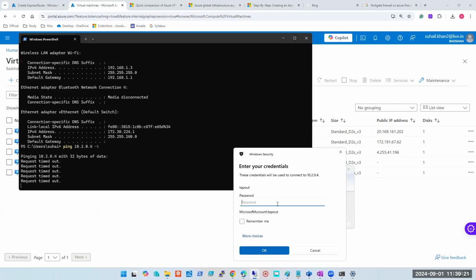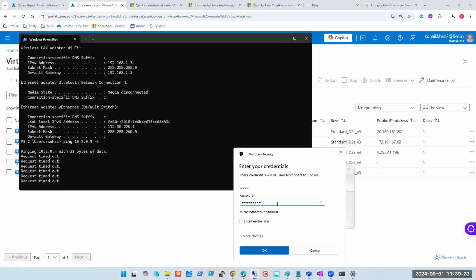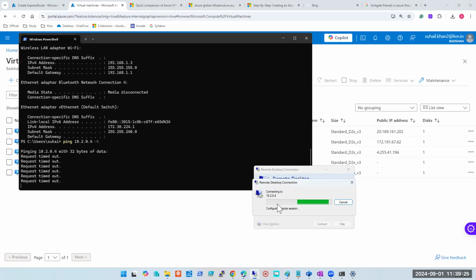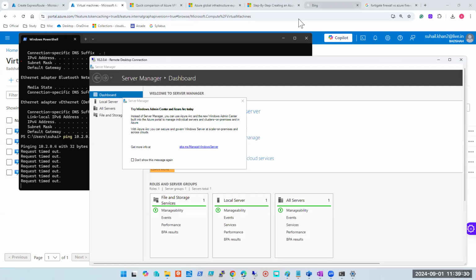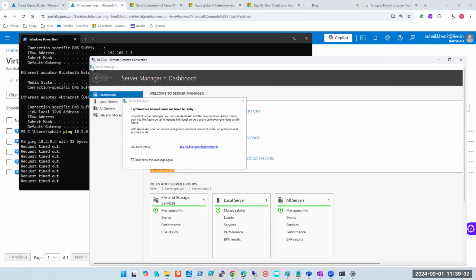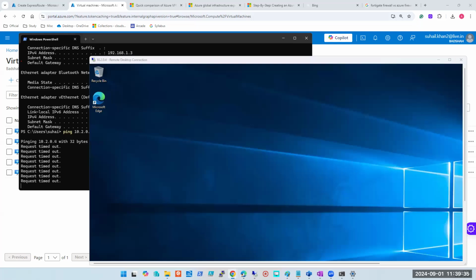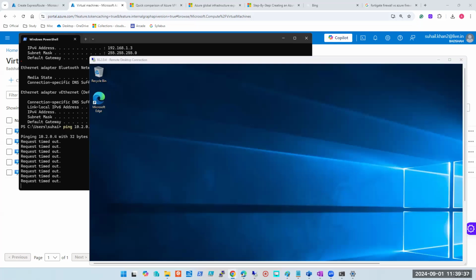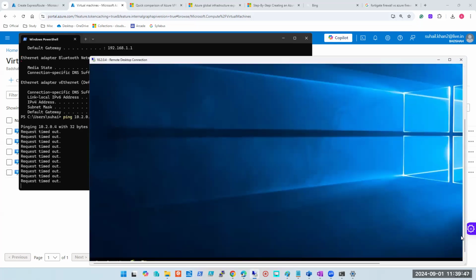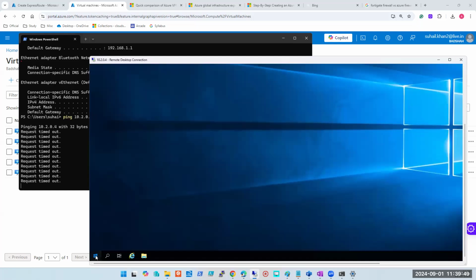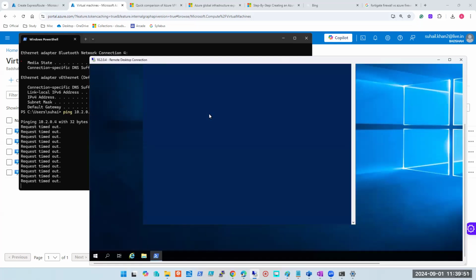Can you see? Yes. RDP is working. And yes, as you said, the firewall, if I go there and turn off the firewall, ये ping भी जो है इसका शुरू हो जाएगा. Now, using my personal laptop, guys, I have taken the remote to my Azure machine. Look at this, 10.2.0.4. ये मैंने अपने लैपटॉप से प्राइवेट आईपी के साथ लिया. I did not even have a public IP on that machine. So now you understand कि किस तरह से without public IP से deal करते हैं हम लोग.